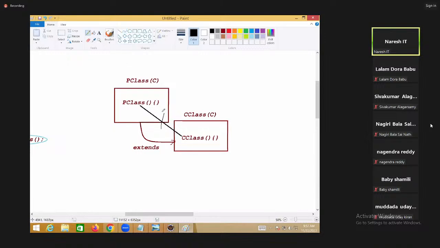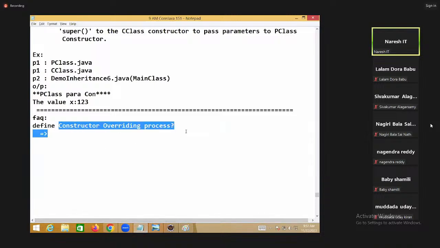So the method names are not the same. When the names are not the same, is constructor overriding possible or not possible? Not possible. So constructor overriding is not available. If anybody asks you to define constructor overriding, the answer is: